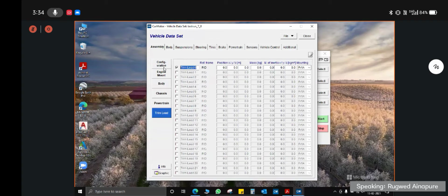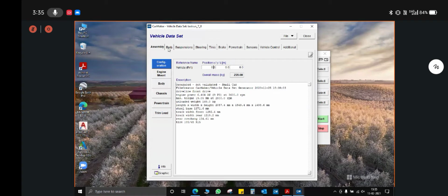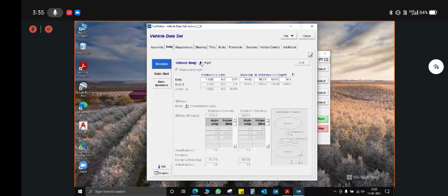Now moving towards body. Here, if you are selecting a rigid body, you can select rigid body if you don't have the torsional and bending stiffness values of the chassis with you. And here the masses and the position. Here the center of gravity of all the sprung masses. The center of gravity position with reference to the origin is to be put here, but it will be only considering the sprung masses of the vehicle, and the complete total mass of all the sprung masses should be put in here. And when you go to this info tab, here you can find out the vehicle overall center of gravity. Okay, so you can find it here.